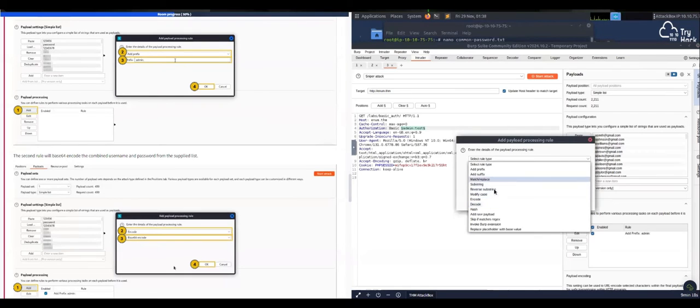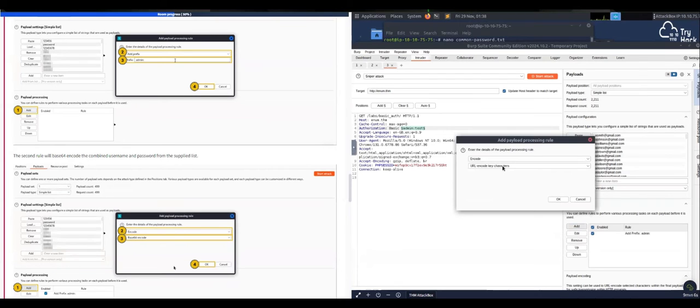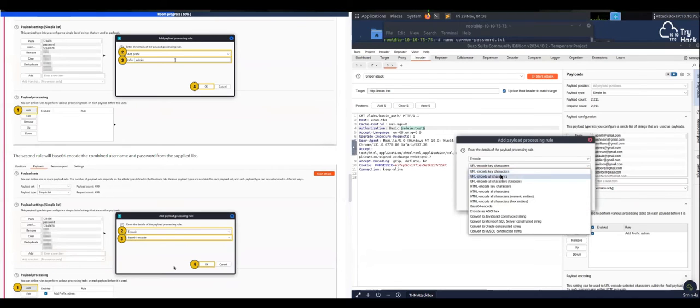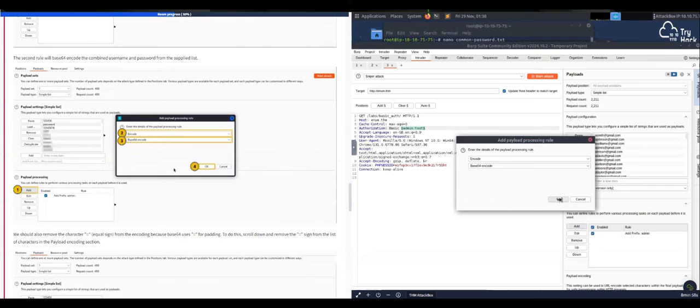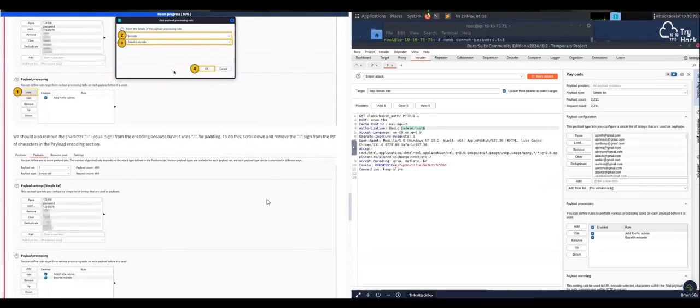I didn't even know I had this ability to do this. This is cool. Encode. Here we go. Encode. Base64. Great. Okay. And then